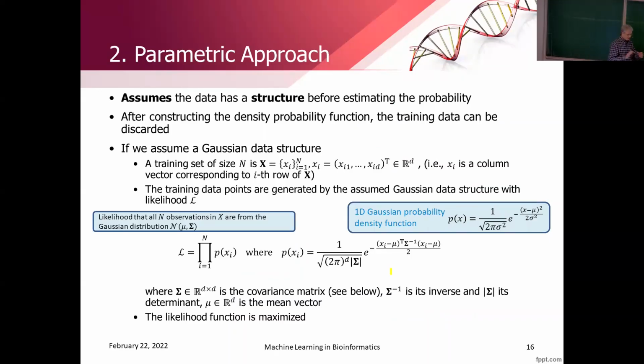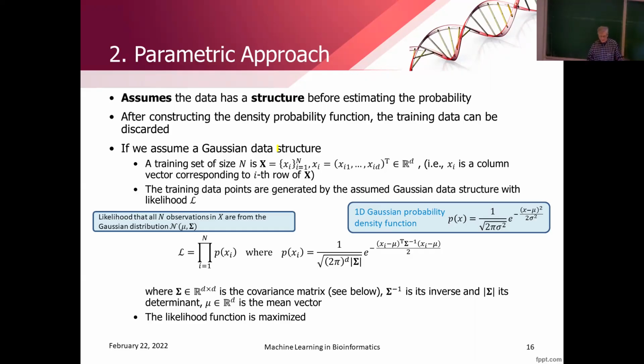Okay, so these were non-parametric approaches. Let us look at the parametric approach. Parametric approach means that we assume that there is some structure which can be described by some parameters. When we obtain the parameters of the structure, then after constructing the histogram, we can discard the values and use just the parameters. So it's very advantageous because we describe the data by some small number of attributes, and this will describe the